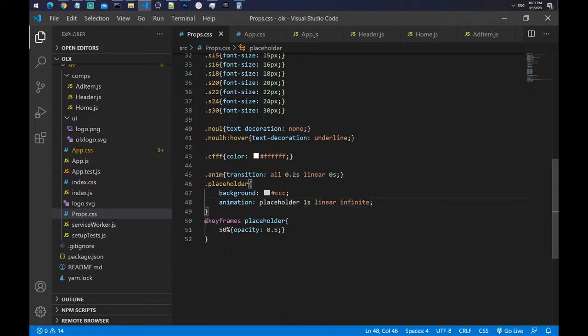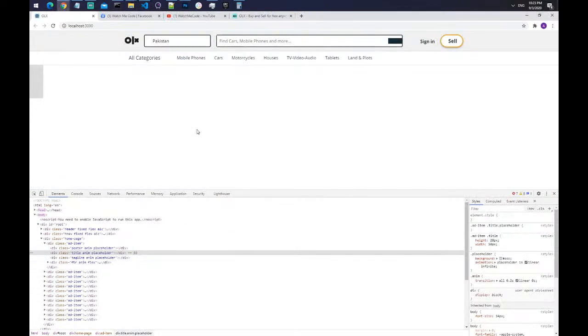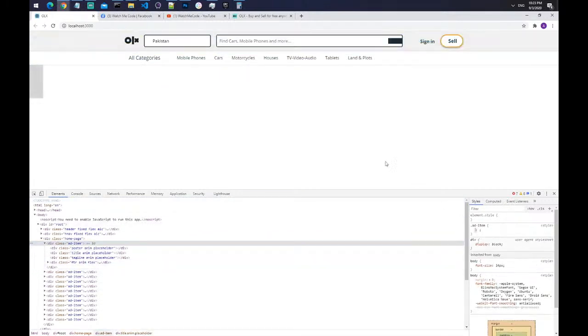Just remove the ease in, ease out. So here is the smooth animation. Perfect. Now let's use add item, and for add item I will use flex 1 and margin to